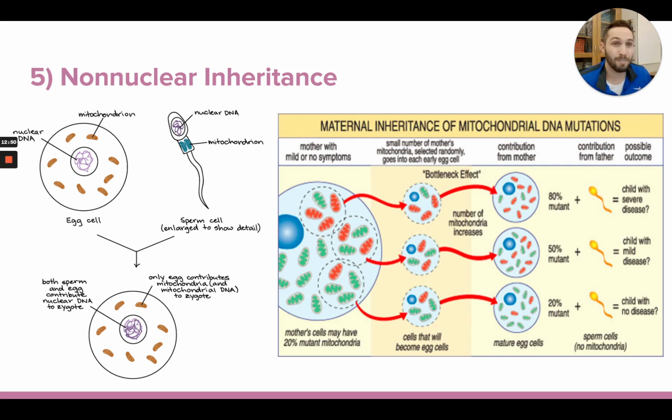There are some genes in plants and animals that are located inside the mitochondria and chloroplast, and those are going to be inherited a lot differently than the rest of your genes, which are located on chromosomes, where you get a set of chromosomes from mom and a set from dad, and you have two alleles for it. This is going to play out a lot differently, mainly in that it is going to be solely inherited from your mom and have nothing to do with your dad.